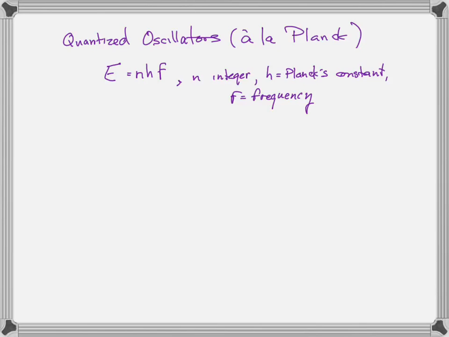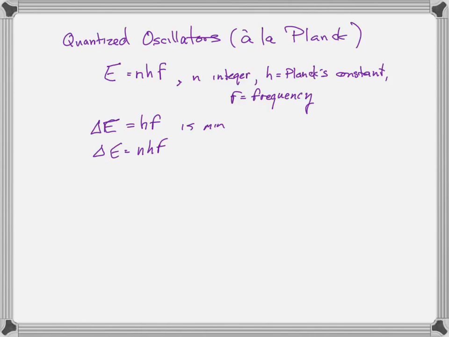What do we mean by that? What that means is that in a quantized oscillator, the smallest change in energy is hf. Or rather, I should be more careful: the change in energy can only come in chunks of nhf. That's what it means to say that the energy is some integer multiple of hf, that you can only change it by some chunk, by hf or any multiple of hf.